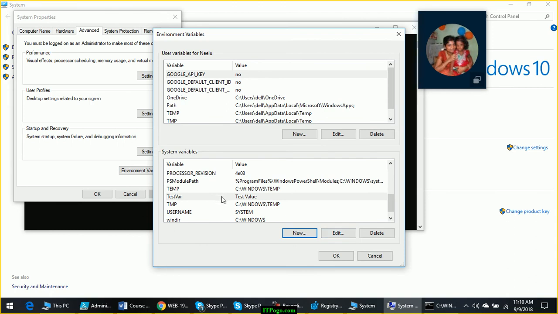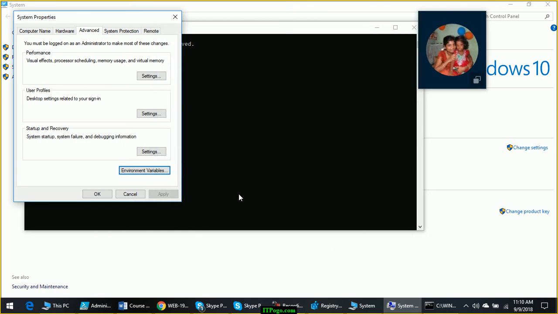Now this is a variable which I have created under system variables. Anybody who is logging onto this computer will be able to access that variable.